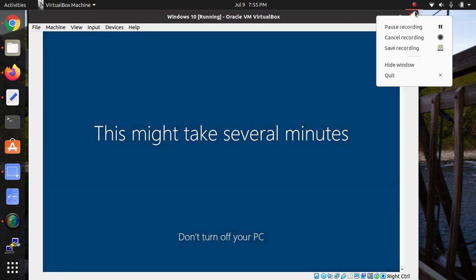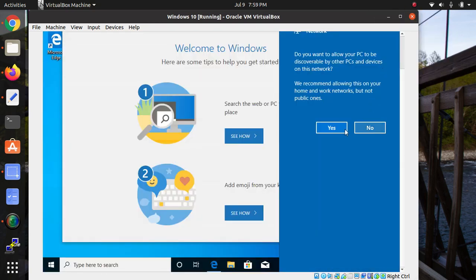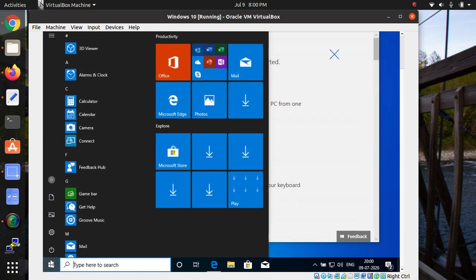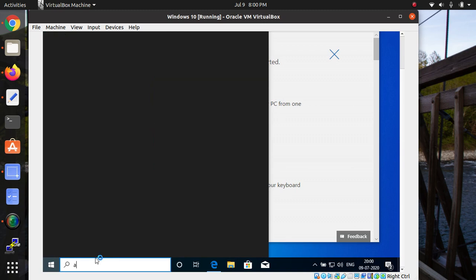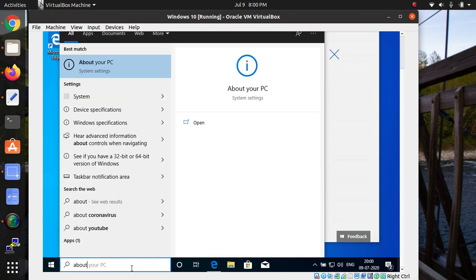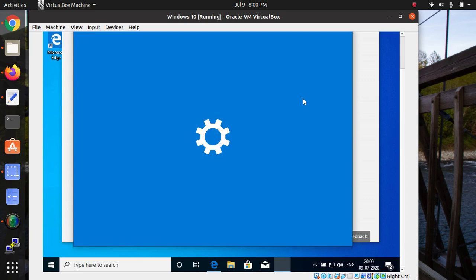We just need to turn on the system. Clicking now on device access, so you can see welcome to Windows. If I click on about, that will show us which version I have installed and what configuration has been used.